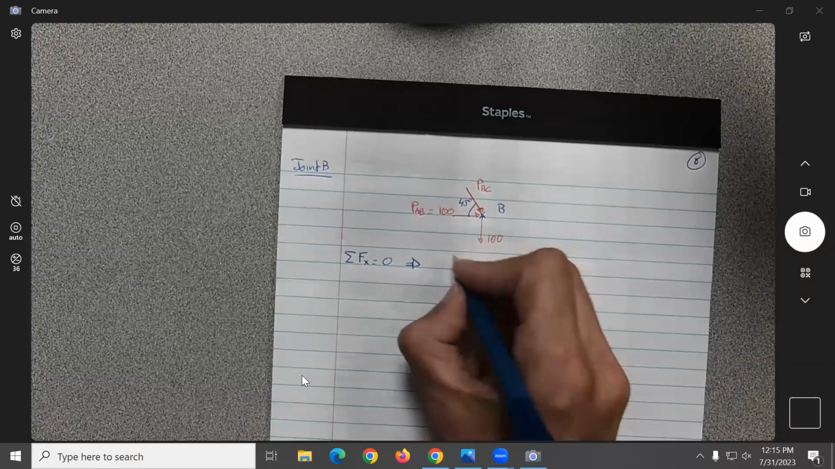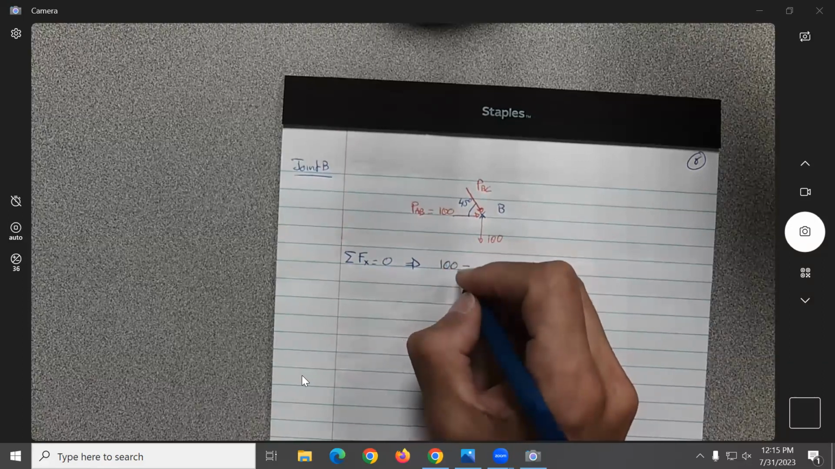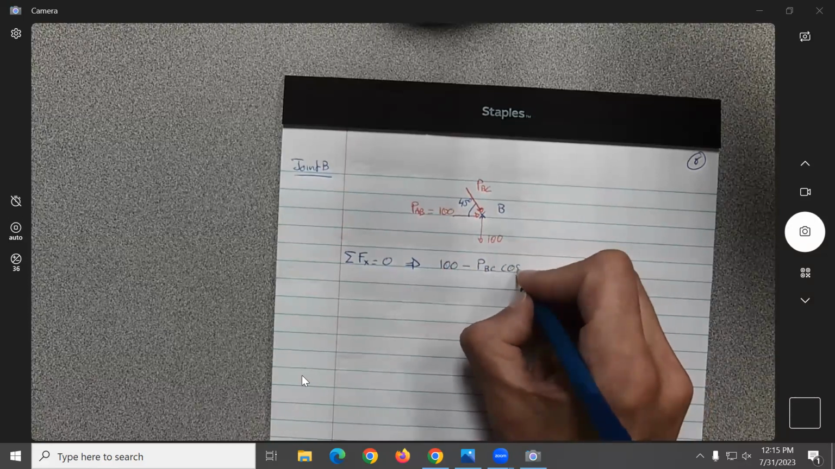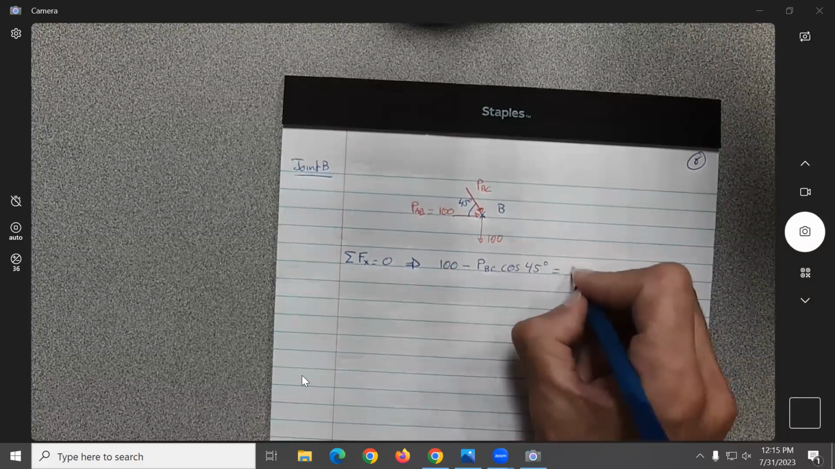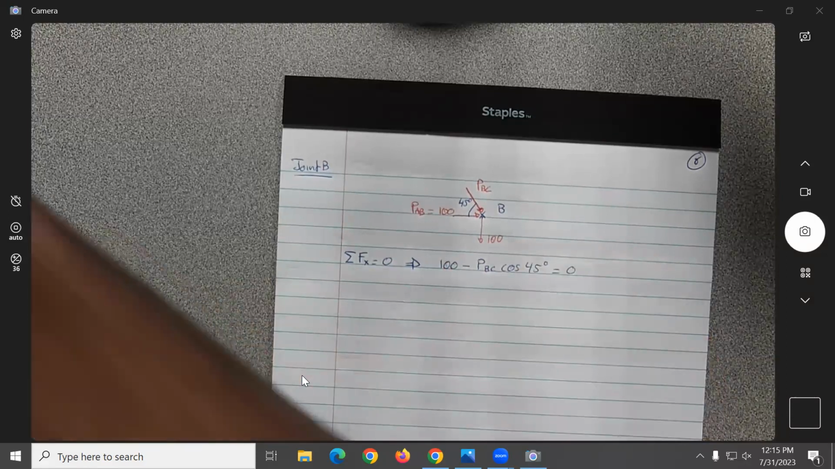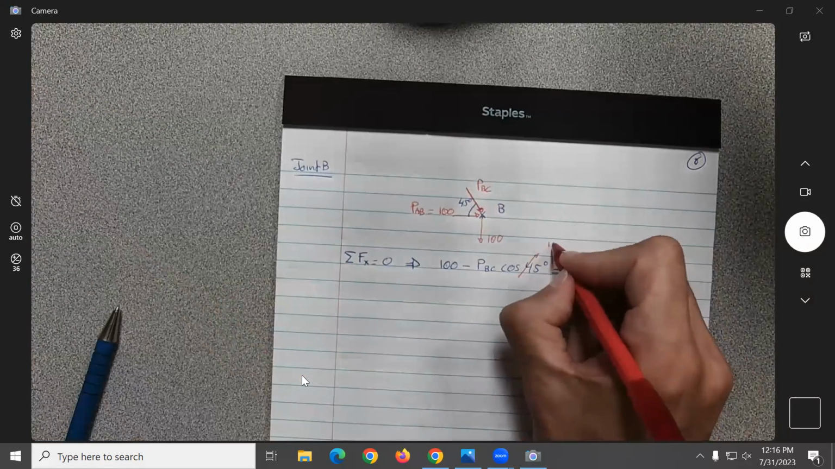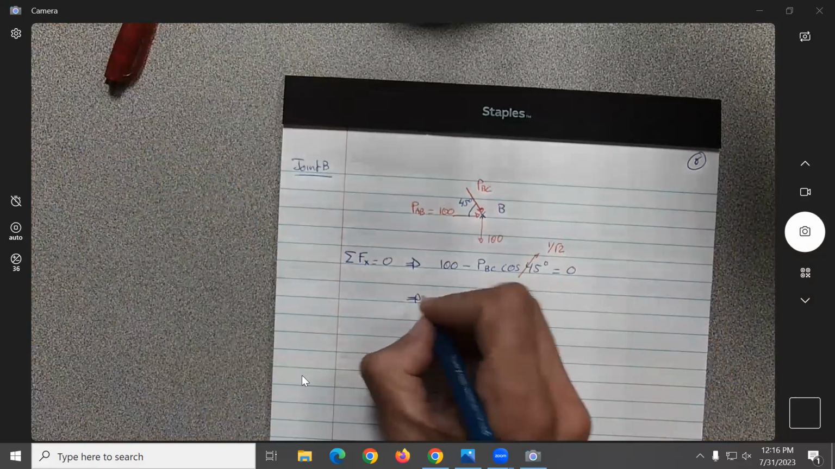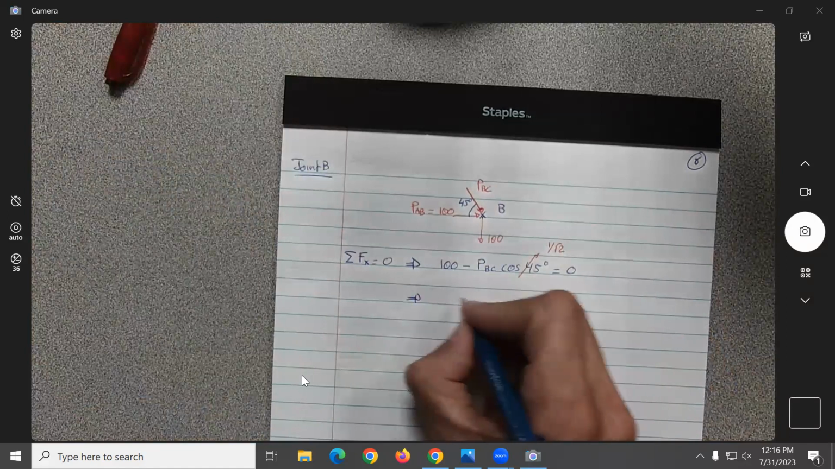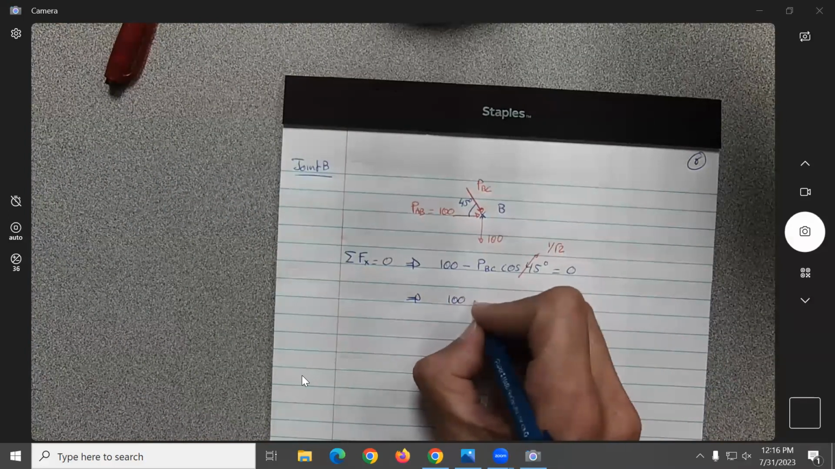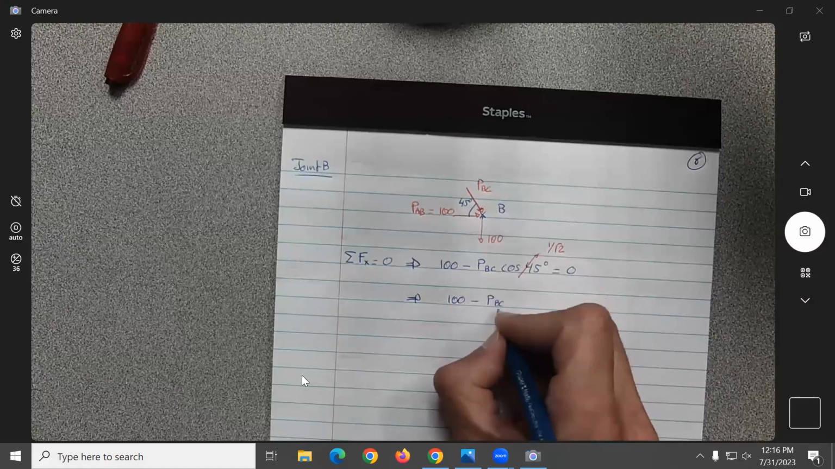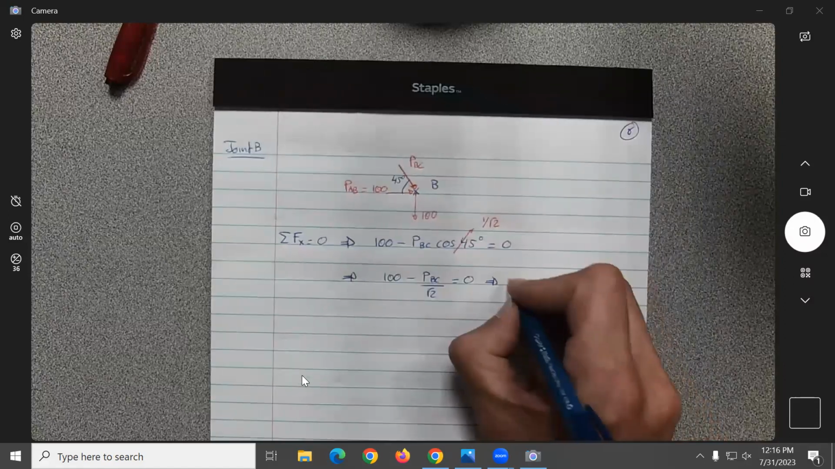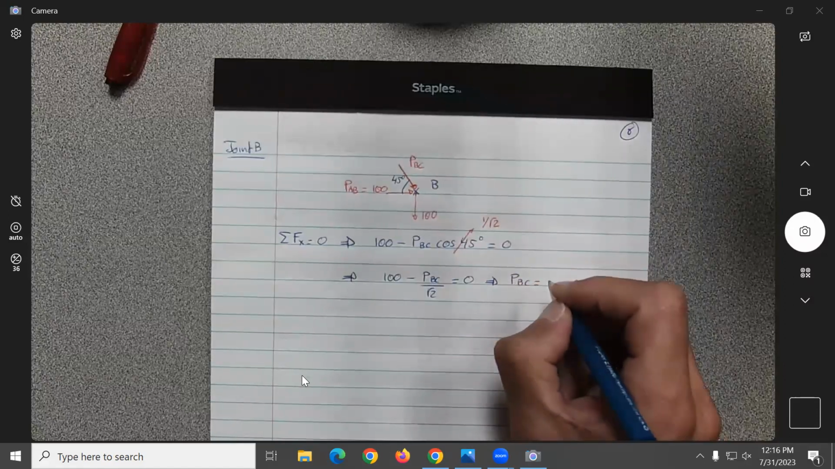What will be the equation? 100 minus PBC cosine 45 equal to 0. We know cosine 45 can be replaced by 1 over square root of 2. So we're going to get what? Okay, so 100 minus PBC divided by square root of 2 equal to 0, which is going to give us that PBC is equal to,